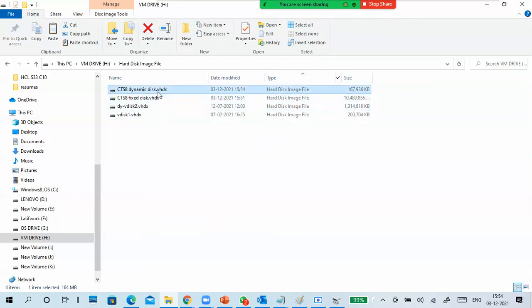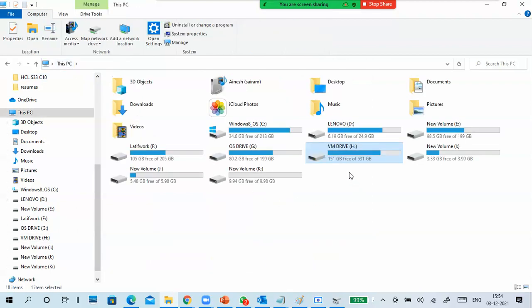But a dynamic disk occupies space slowly. See, now it is showing almost 168 MB, still in MB with no change here. If you see the H drive, not much difference.